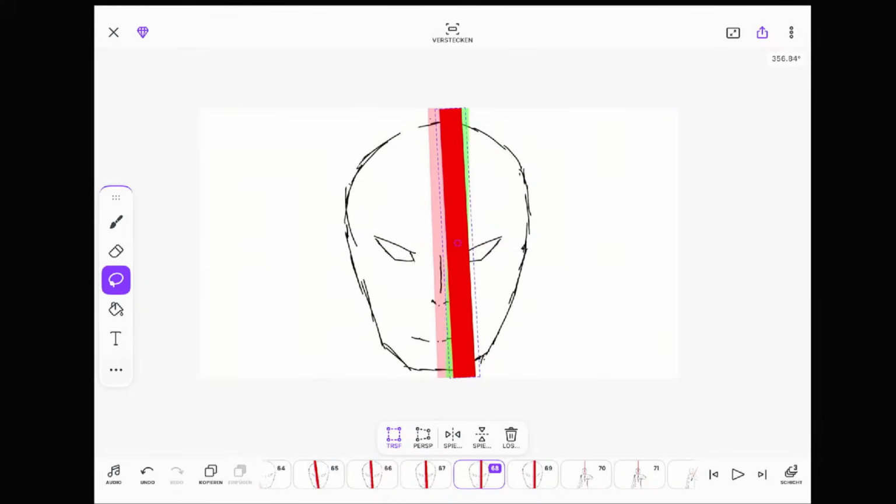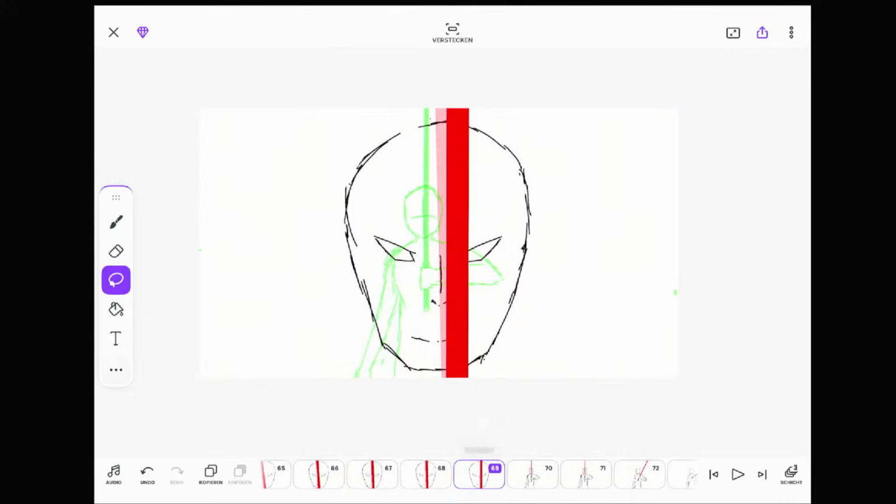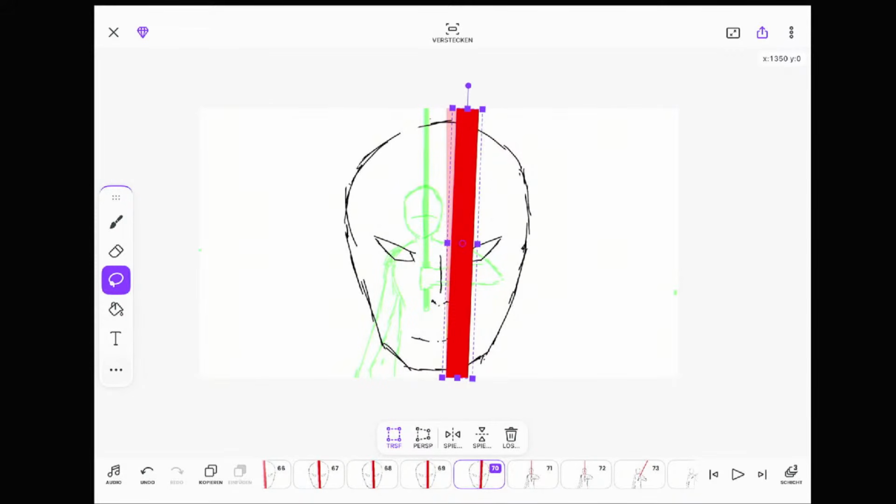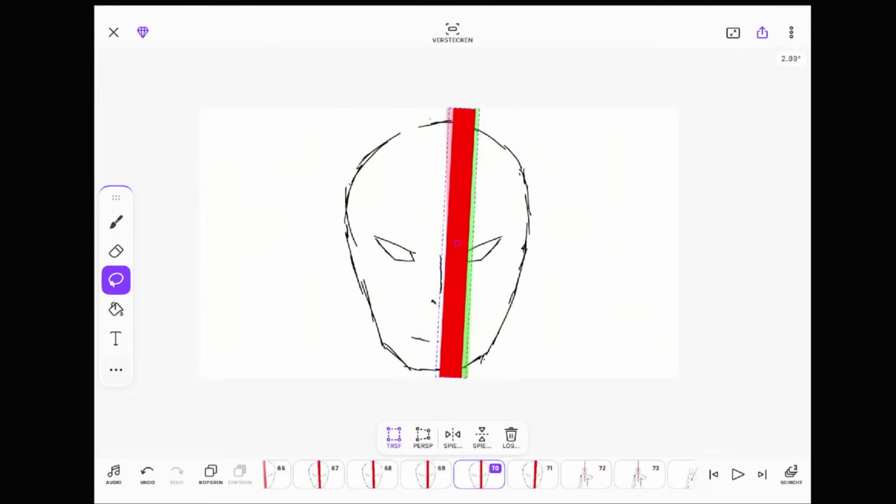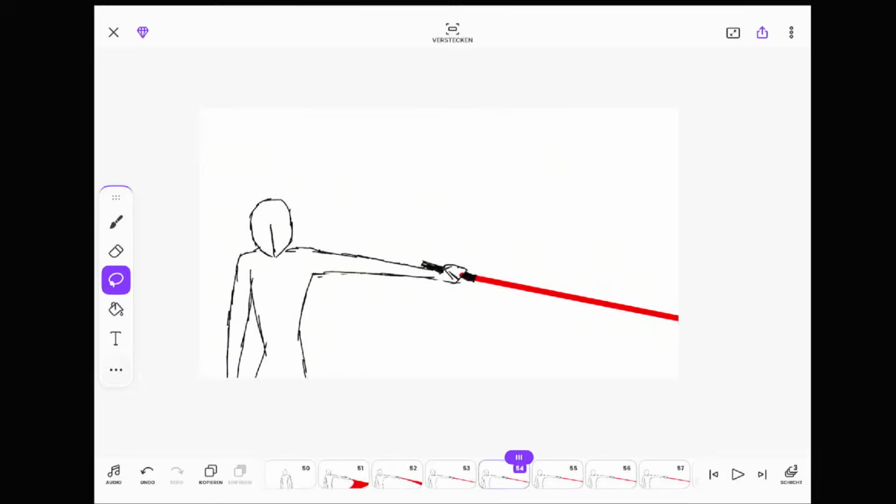Okay, so yeah, I'm doing a little bit more in-betweens right now. Maybe it also moves a little bit more to the side then. Okay, let's see.